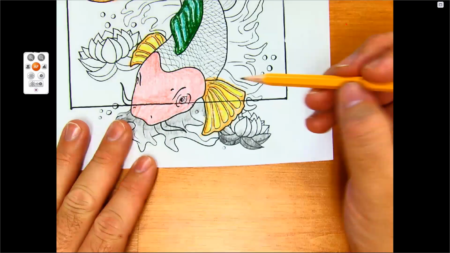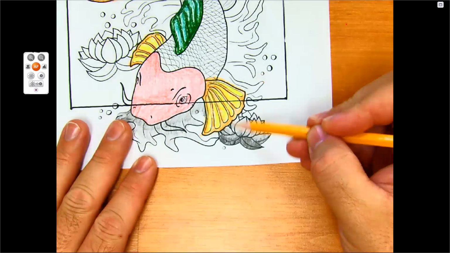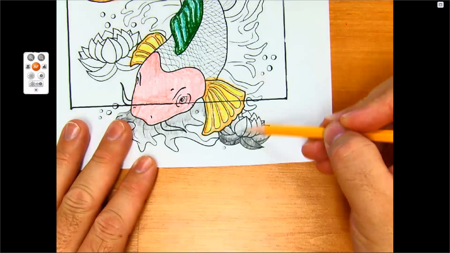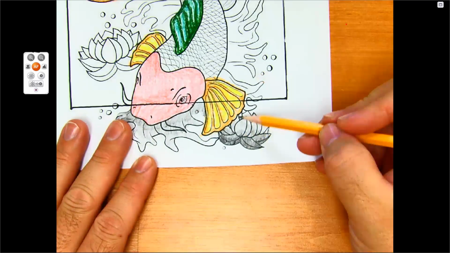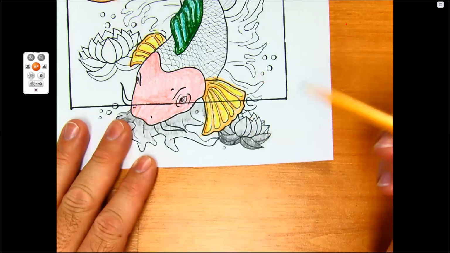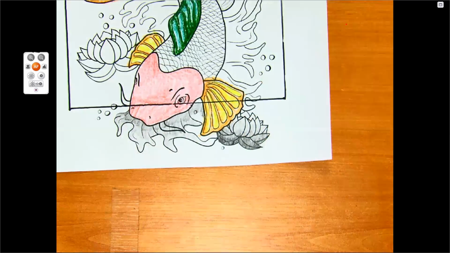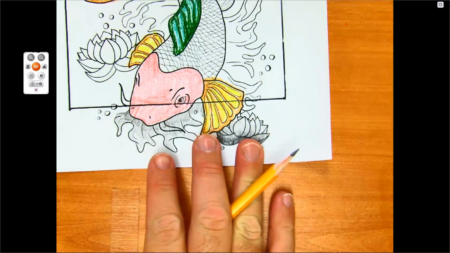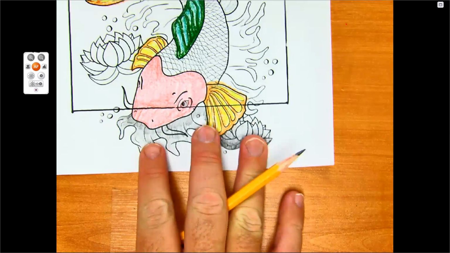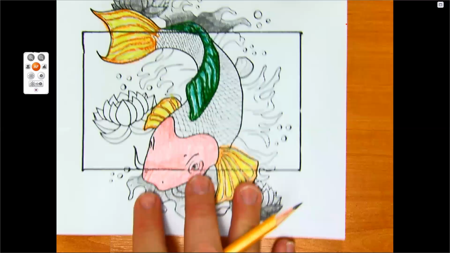Then a little bit lighter. And then a little bit lighter so you can barely see anything at all. Okay, so that is how you make your values. Again, I don't think the light is quite right here, but that is how you make your values